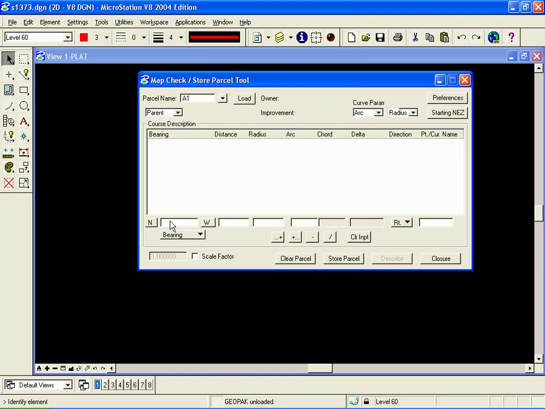I'm going to go ahead and enter my first course, which happens to be a northwest bearing, and that is a northwest bearing of 32 22 07. And I'm being careful to enter spaces between my degrees, minutes, and seconds. My distance along that course is 192 feet,